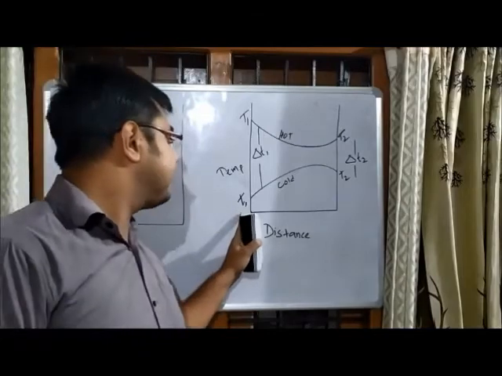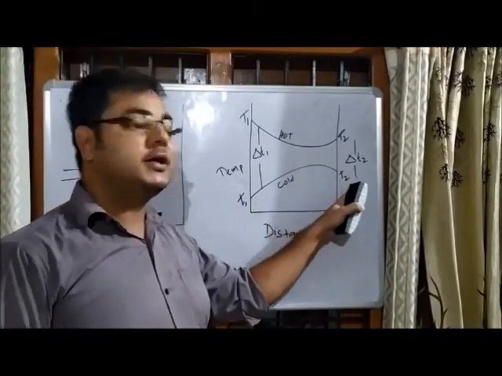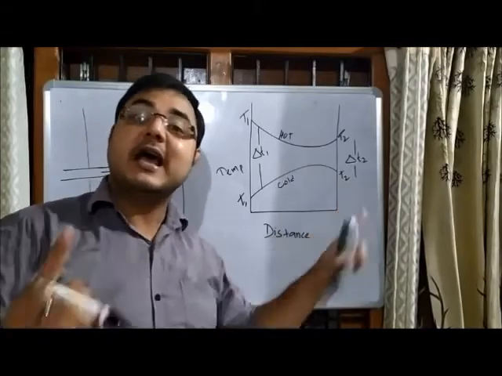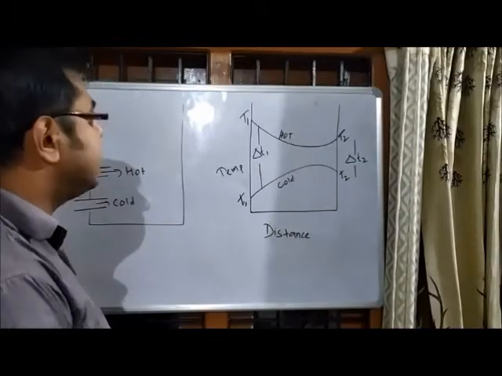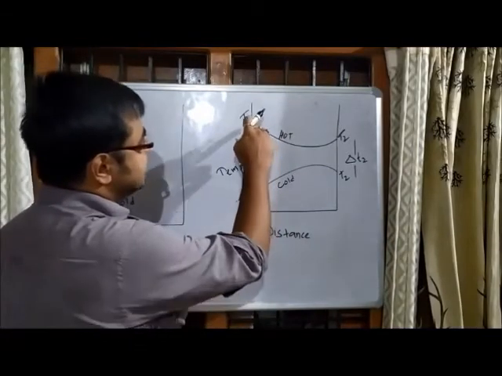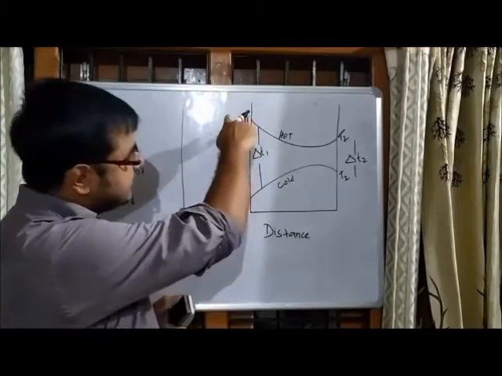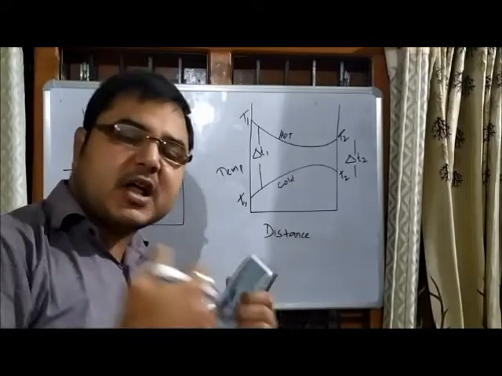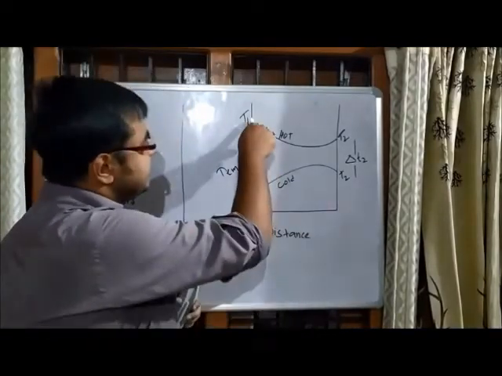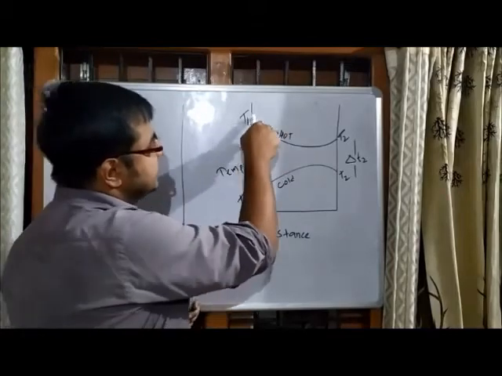Whereas t1 is the initial temperature of the cold fluid, and t2 is the final temperature of the cold fluid after gaining the heat from the hot fluid. So what will happen initially? You see the distance. T1 is at a very high temperature, right? But when heat exchange or transfer starts, it immediately has a big gap, right? So it immediately goes down.